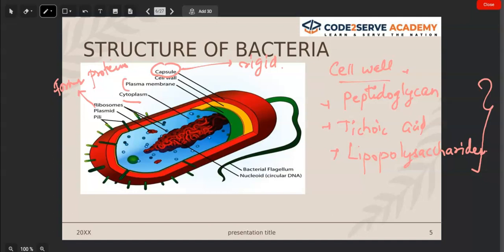Clear. So basically the ribosomes of bacteria are a different type of ribosomes, which are of 60S type. Now what is 60S type? What is S here? It is the sedimentation coefficient. Okay, 60S type it is, and I will tell you what 60S means. Now, the next is, like I told you that ribosomes form the protein, and there are 60S type in the bacteria. Okay. Other than that, they have